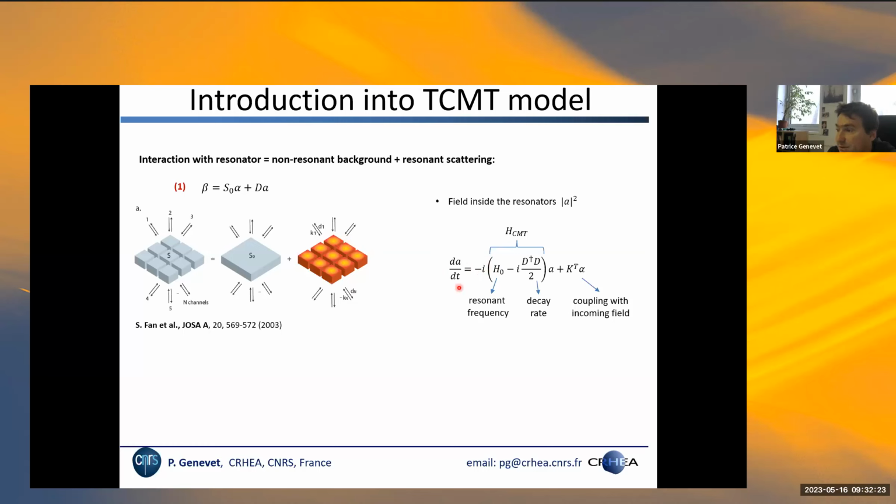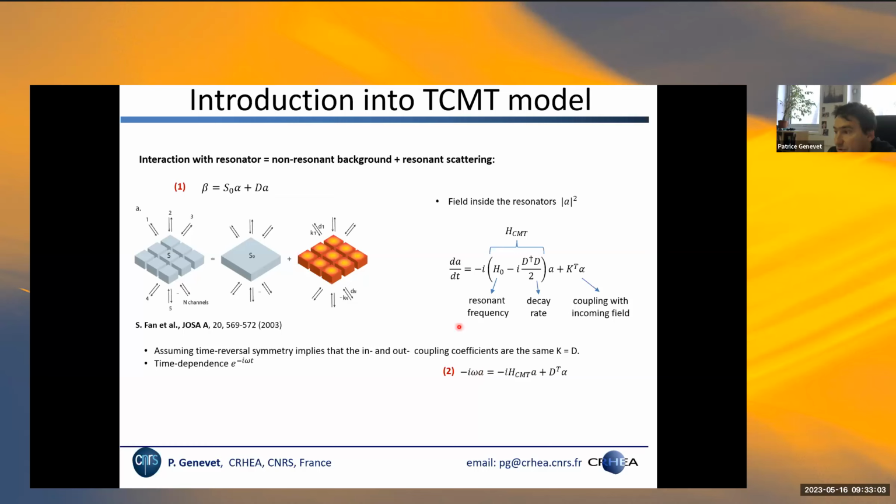And each of these resonances is described via a simple equation for the scattering amplitude of the actual field, by relying on the interaction of the modes with the resonant frequency and their decay rate, this D1 coefficient that describes the outgoing signal, plus the function of the actual incoupling field. So then I'm going to do a little bit of a trick here. We assume time reversal symmetry such that the incoupling and outcoupling are equal, which simplifies this expression. Kappa is equal to D here, and you end up with a very simple expression